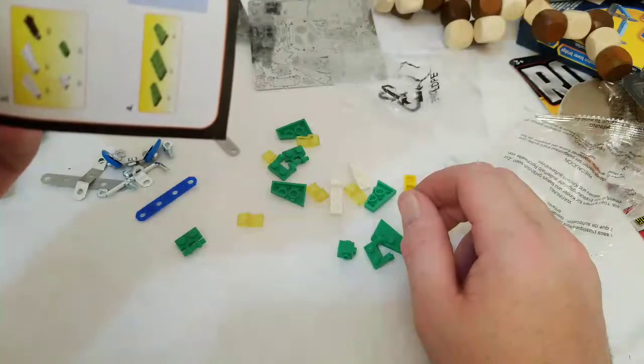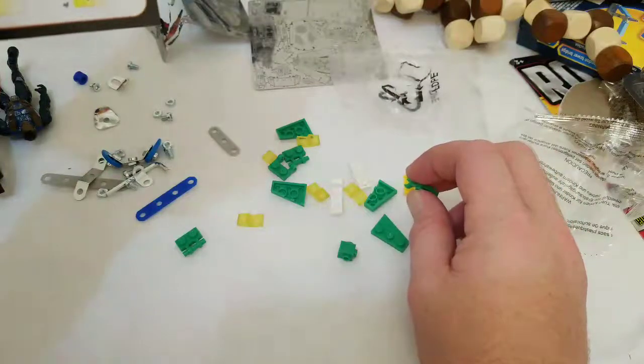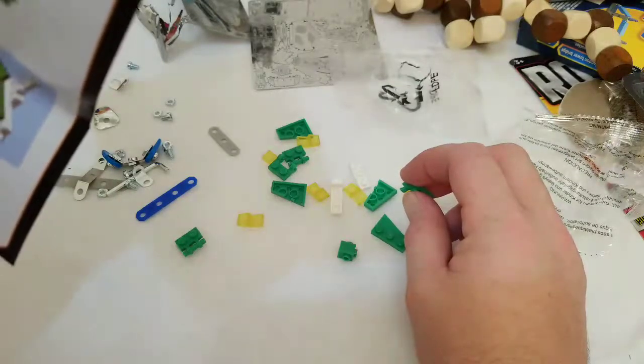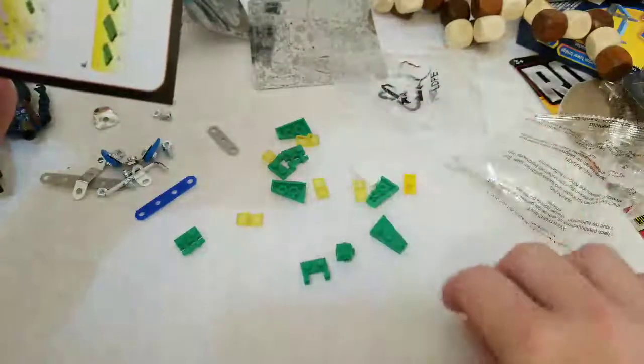Okay, so, and this looks like, where do these two little side pieces go, huh? Where do you go? I'm going to say, no, it looks like you're supposed to fit down here somewhere, but that wouldn't make any sense, now would it? Huh. Okay, well, I know this goes here. This is supposed to go here. So, and we're gonna...